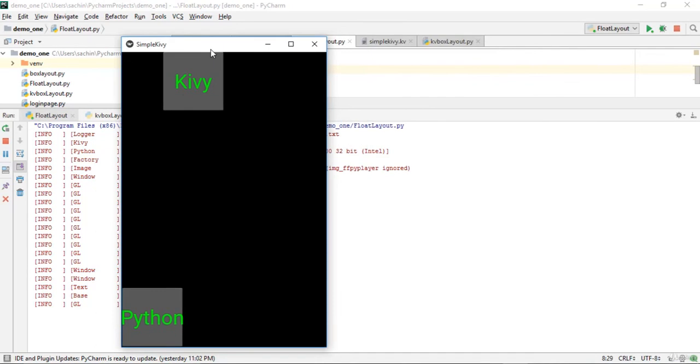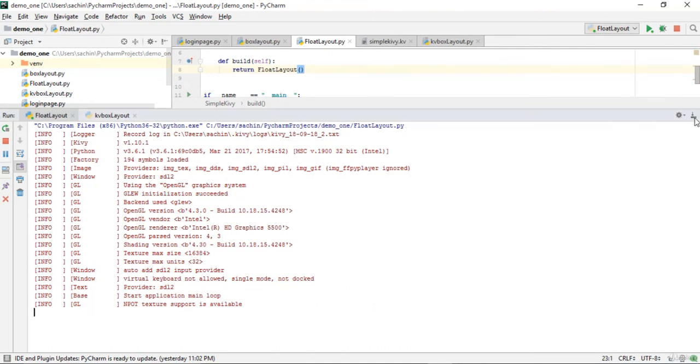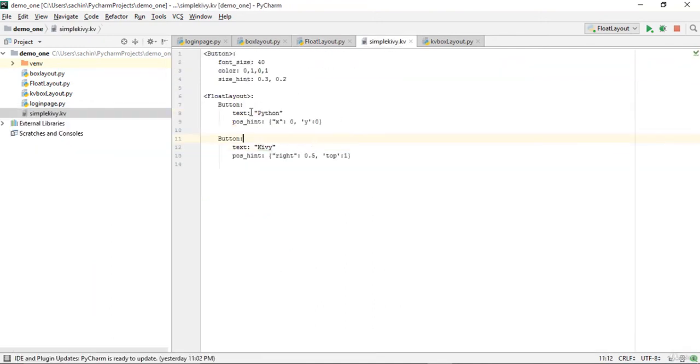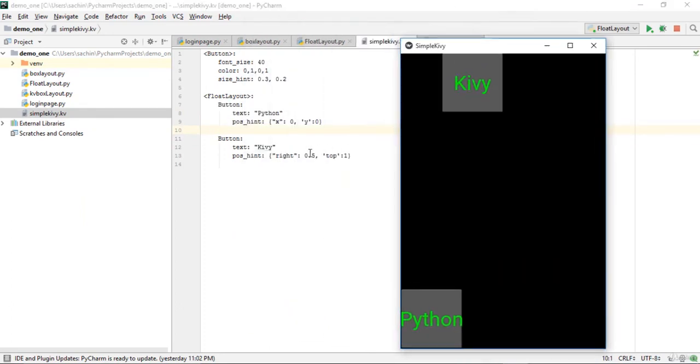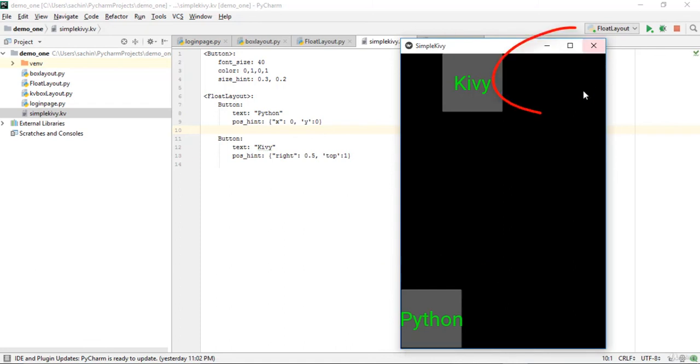Basically what you see here is the kv and the Python. If I go back to this simple kv, that is basically this kv file, you could see we have a button over here, which was basically this Python and the kv. And here, the text which is at the right, that means it is at the center. And when you say top is 1, that means it is at the top. And when you say the Python, this position is considered as 0 and 0, and this position is considered as the maximum, that means 1 and 1. So if you put right is 1, that means the kv will just move to this side.